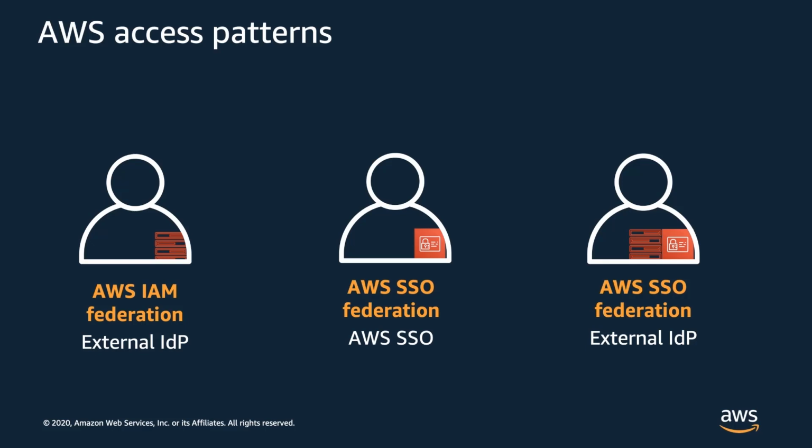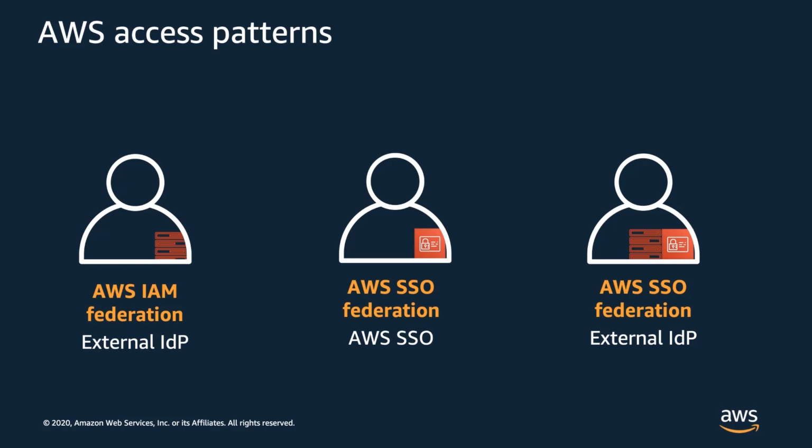There's three common patterns that we see the most. The first one is AWS IAM federation, where you're using an external identity provider. The second one is AWS SSO federation, where you're using AWS SSO as the actual identity provider itself. And then you have a combination of both of those, where it's still considered AWS SSO federation, but you're leveraging